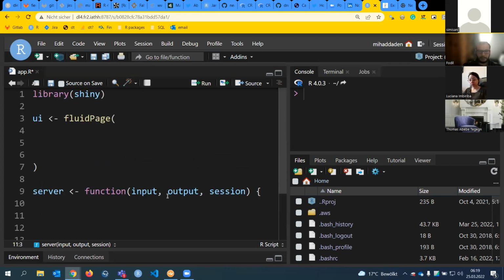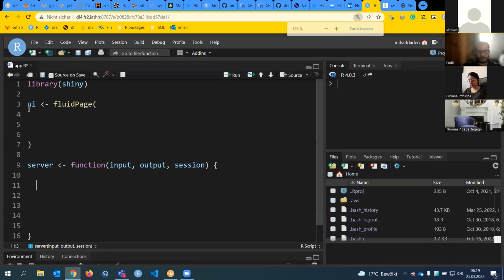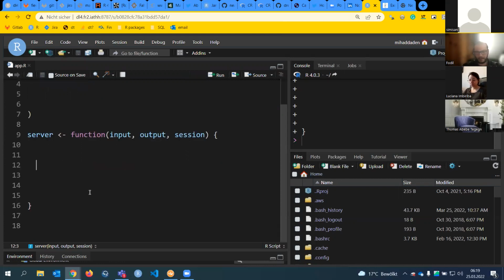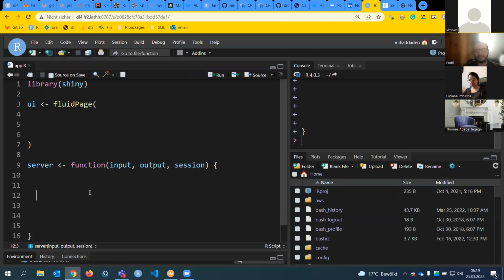Perfect. So I will de-zoom a little bit. I have my UI here. I have my server. Nothing is written there. So now, if I save and run my script here, nothing will happen, right? Although I have my two parts, nothing will happen. Why? Because I need a third part which will tell Shiny that, hey, I have my UI, I have my server, create a Shiny app.